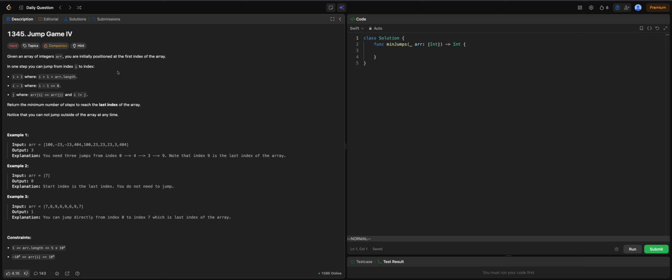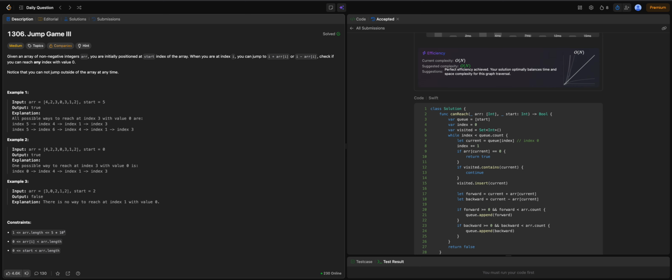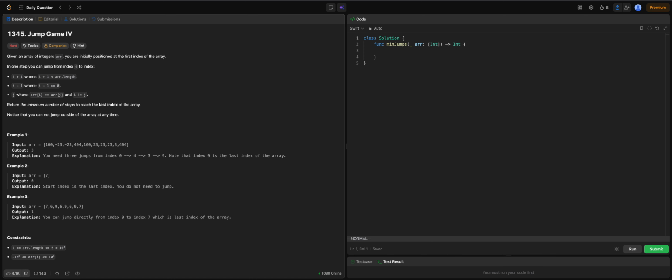So given an array of integers, we are initially positioned at the first index. Yesterday we were positioned at the given value, like start 5, so we were at index 5. Today we are at the position of index 0. In one step we can jump from index i to index